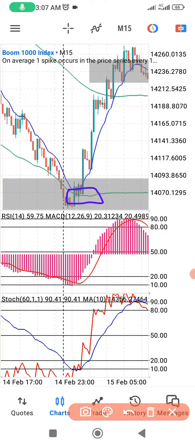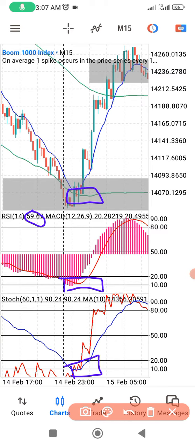Then this is the stochastic at the level of 10. A cross, or our indicators as well at the level of 10. And then these numbers of this RSI, those numbers I just circled there,